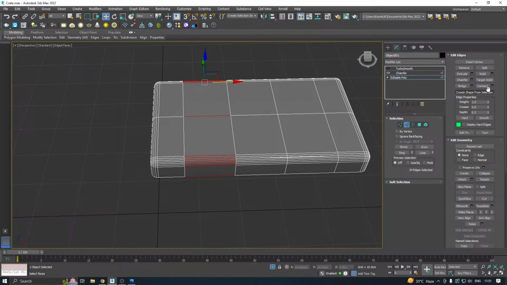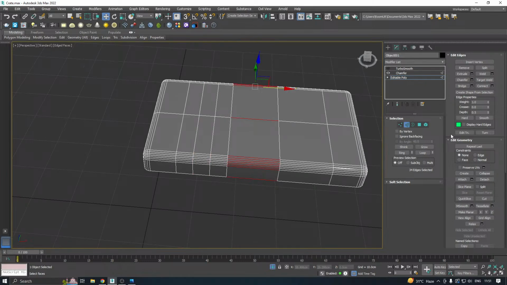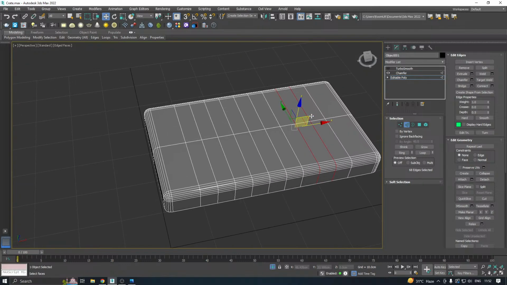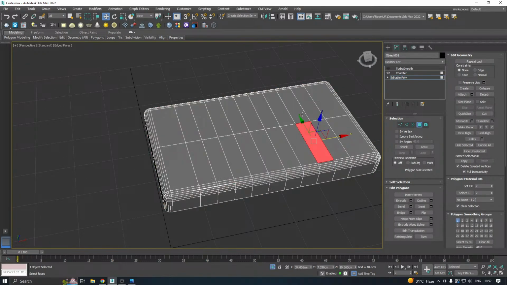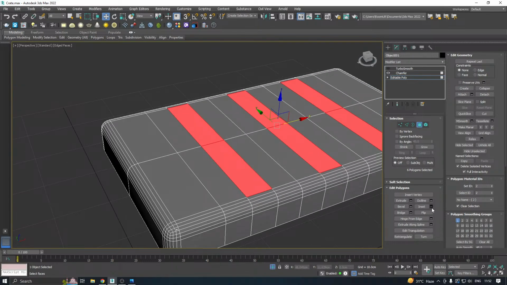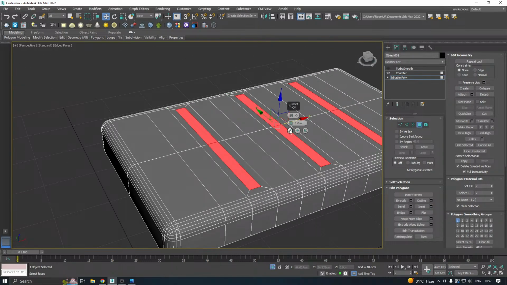I'm gonna divide this. Then select these faces, insert, and maybe you should, well,